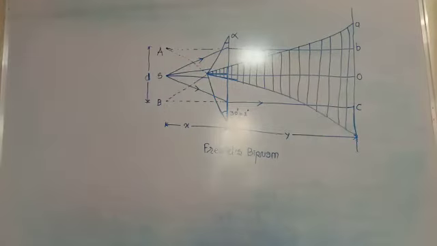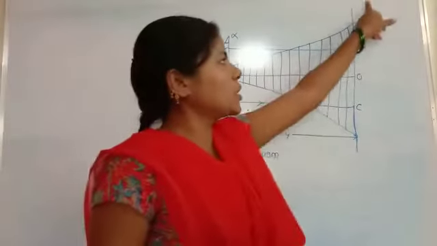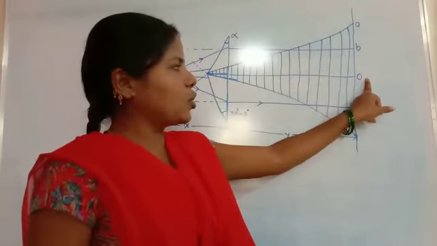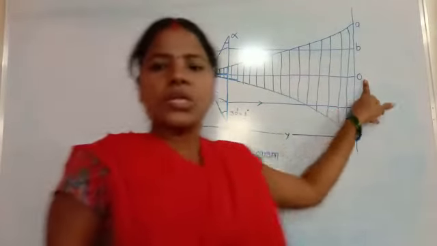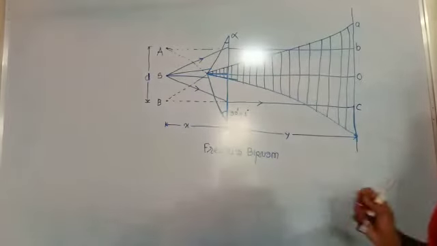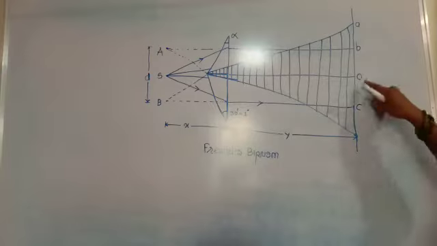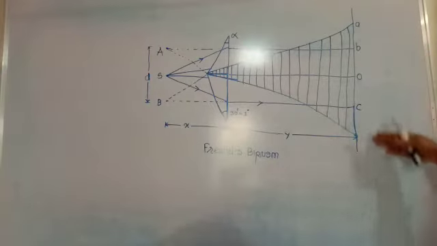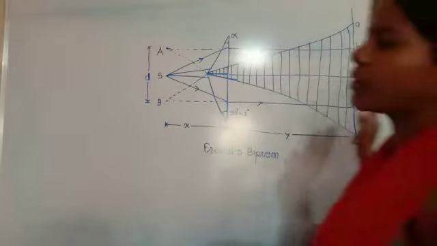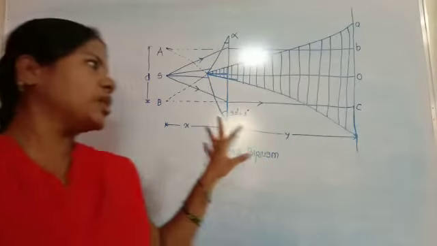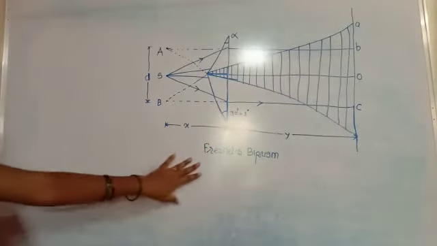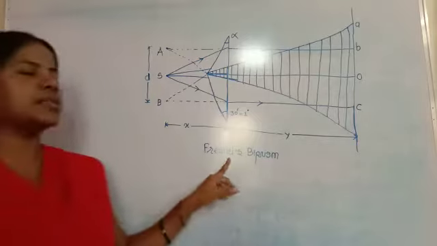The line joining the source, and the point O, this is the screen. This total is the screen, and this is the center of the screen, O. The point O is on the screen, placed perpendicular to the plane of the paper. So this is the initial arrangement of the Fresnel biprism. This total diagram is known as the Fresnel's biprism.